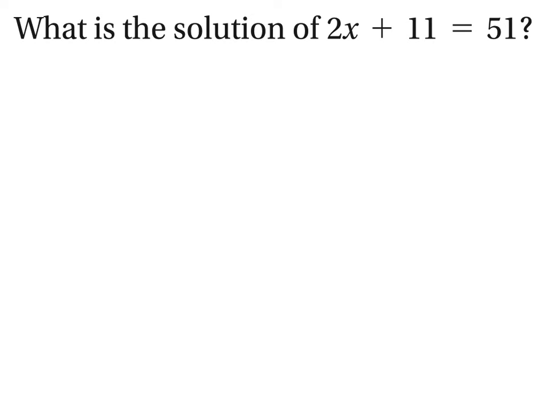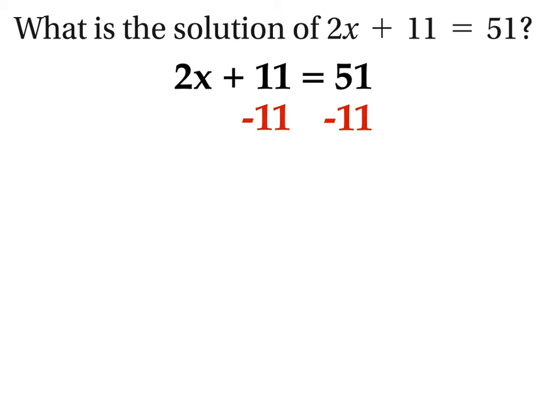So the first example is a really basic two-step equation. It says, what is the solution of 2x plus 11 equals 51? So start with the equation. We need to undo the order of operations, so we're going to undo the addition first. To get rid of adding 11 on the same side as your variable x, you need to subtract 11 from both sides. When you subtract 11 from both sides, 11 minus 11 is going to cancel out